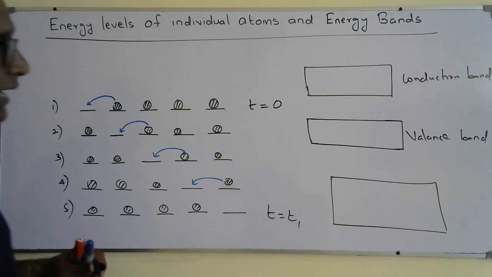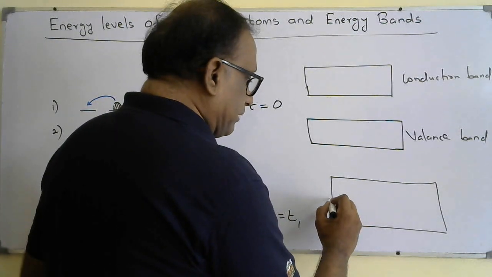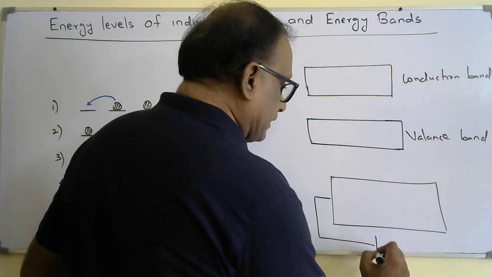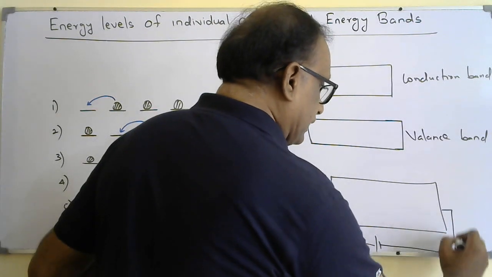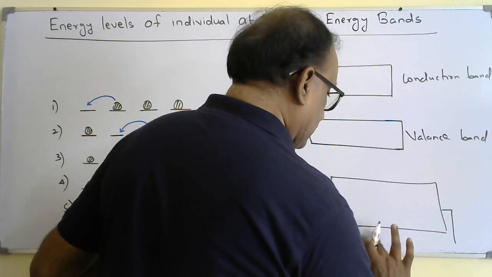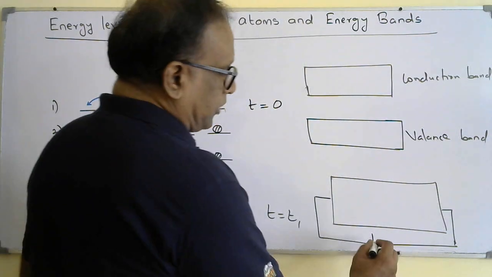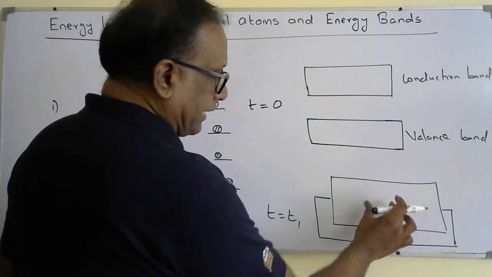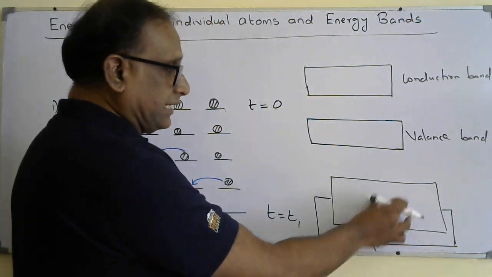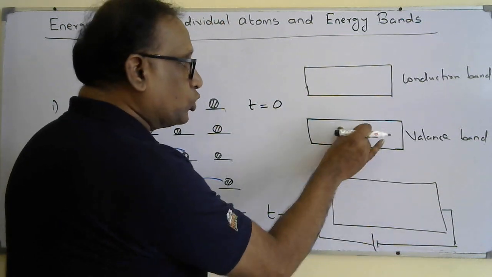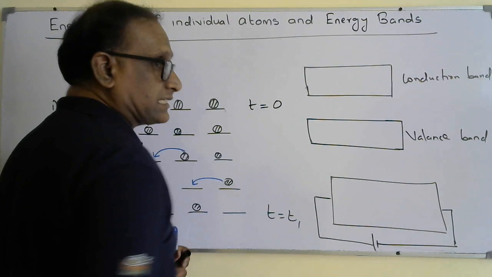So when you apply an external electric field by connecting it to a power supply, something like this, this is the positive terminal. When you connect the positive terminal and negative terminal of a power supply to this semiconductor material, which consists of two different bands, valence band and conduction band,